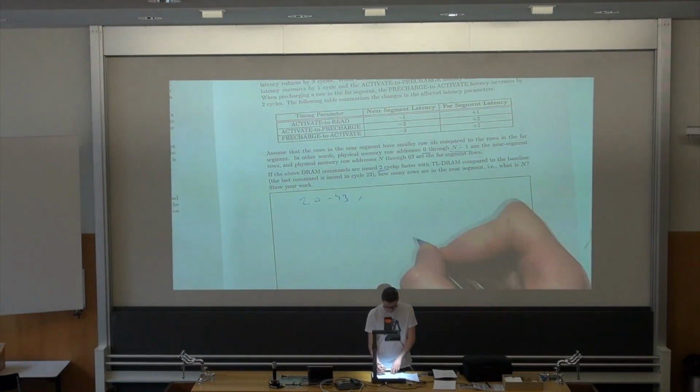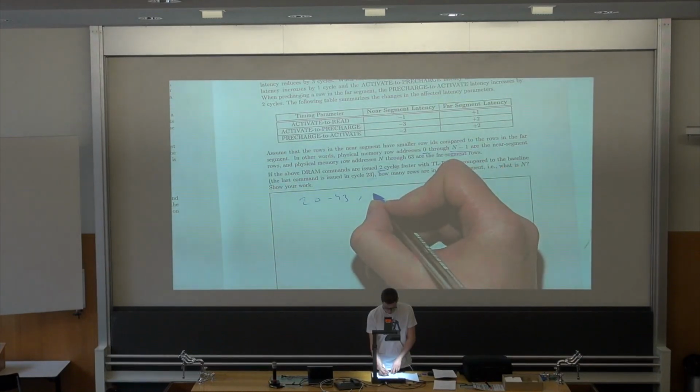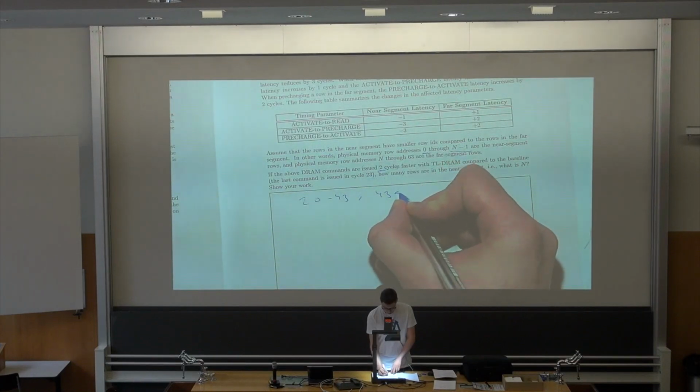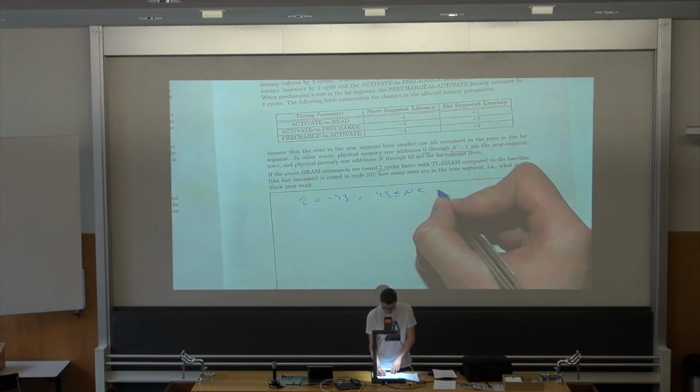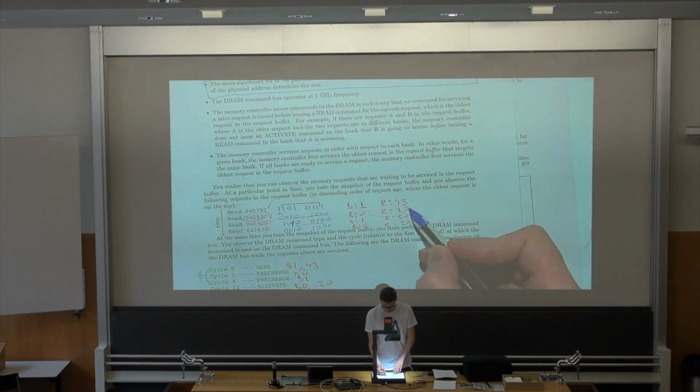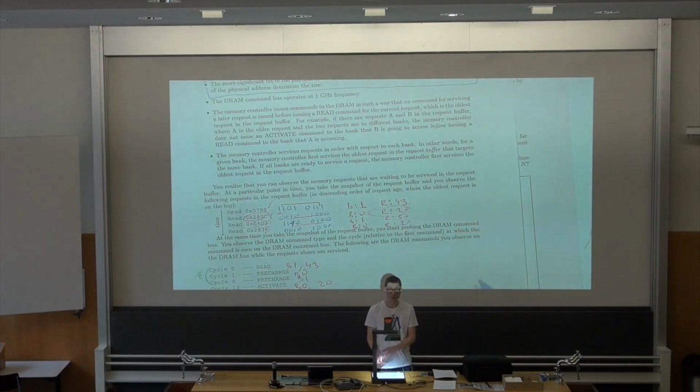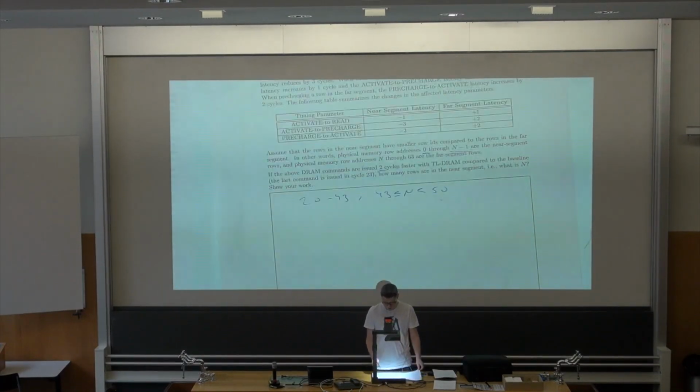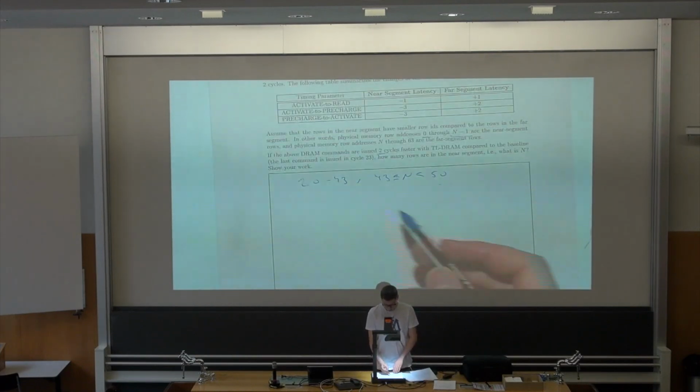And then if you evaluate for n, where n is bigger than 43, so it's bigger or equal to 43, and then smaller than 50, right? So we have those 2 rows, row 20 and row 43 in the near segment, and row 50 in the far segment. We get exactly 2 cycles of execution time saving here. And then what you need to do is basically, for those ranges,